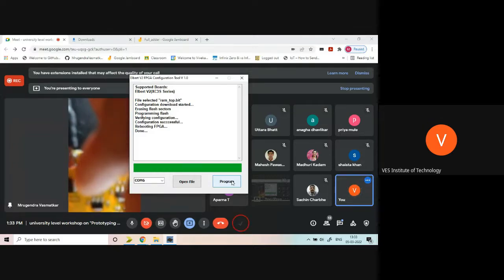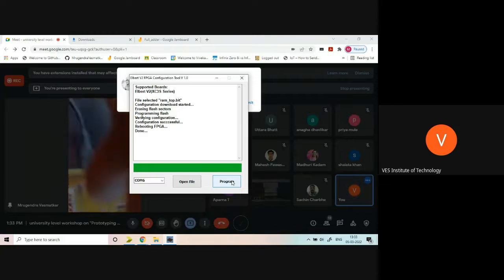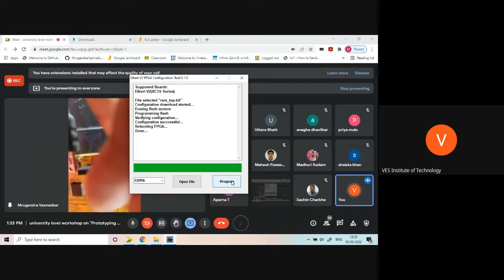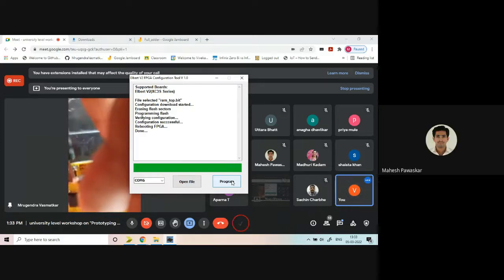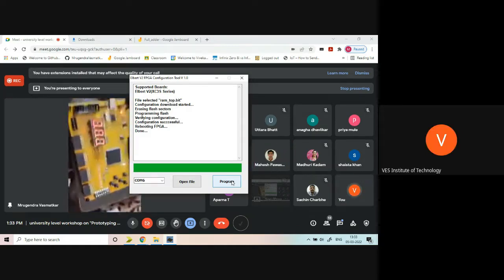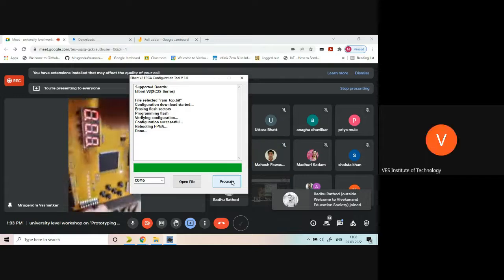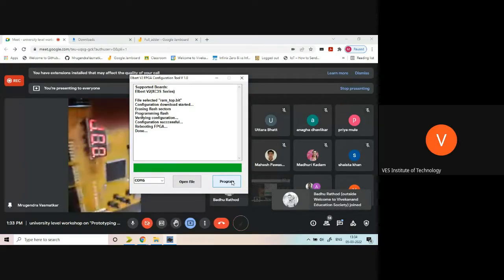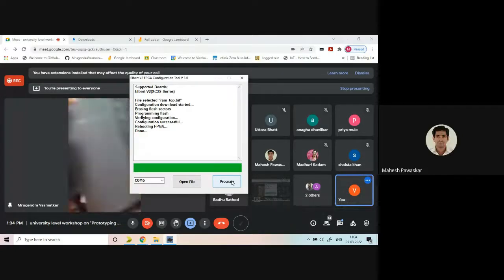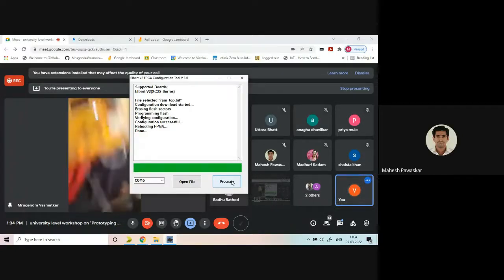On the 5th location, 4th location, 4 is stored. On the 0th location, 0 is stored. Sir, the numbers are not visible. Just a minute. Is it visible now? Yes. Actually, I have to handle both things, so it is getting a little difficult for me.